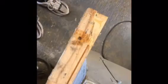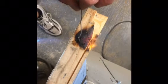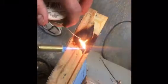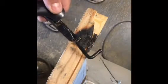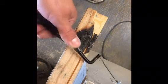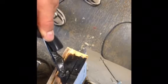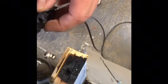Now that we've got our flux paste in that piece of wood, we're just going to heat it up with a soldering torch. And we're going to put some solder in there. Once we've got that solder nice and hot, we're going to put in our cable. And after you've waited a few minutes, that solder is going to cool off and you should be able to pull it right out. Like that. Now that one's not very pretty, but it will work as far as holding that wire in place